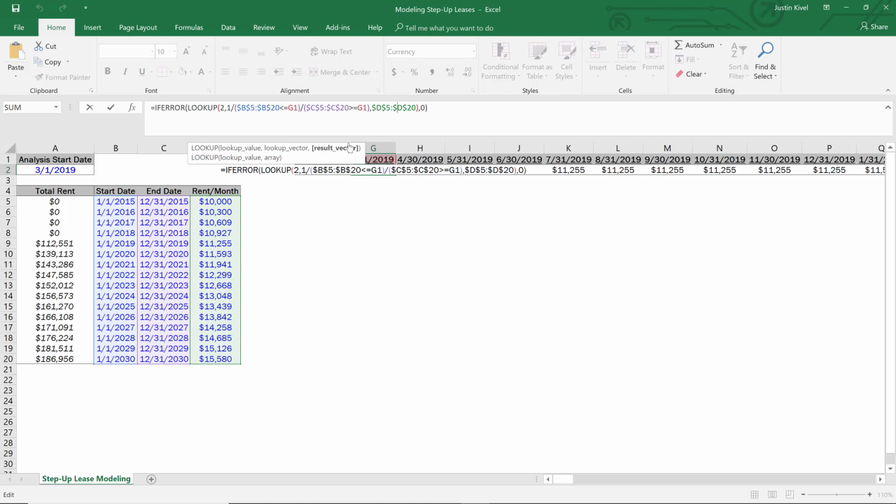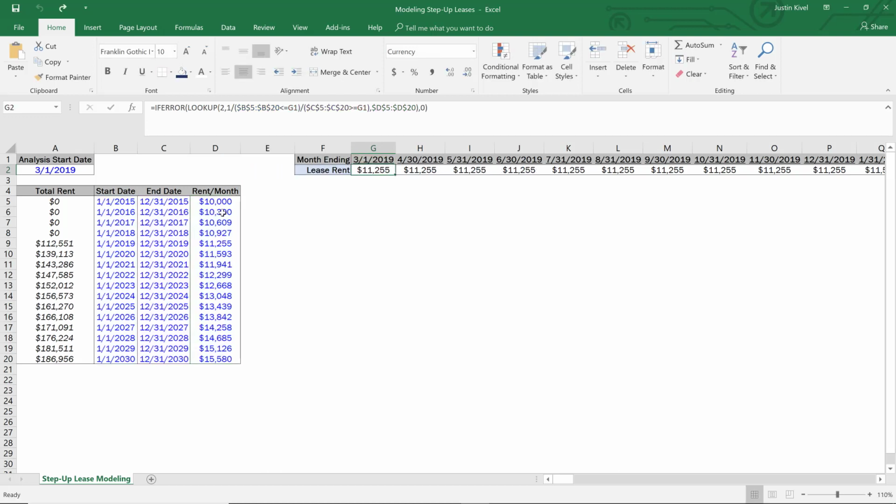So again, 3/1/2019, Excel is going to look and find where that fits in between these two columns, and then it's going to take that corresponding row in that rent per month calculation. So if I hit enter right here, we have our lease rent. Now what you'll notice is that we start the analysis on 3/1/2019. So what we should have here is